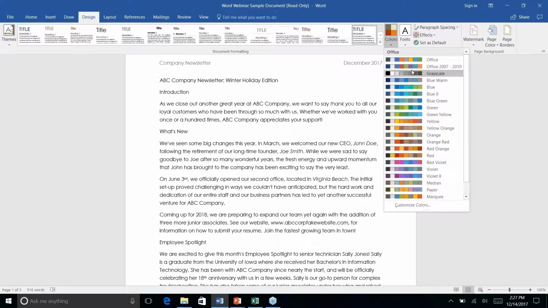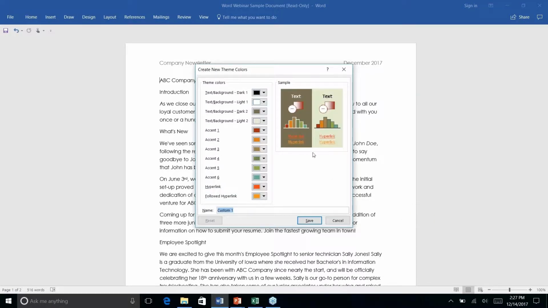You can pick one of the ones that comes already pre-populated by Microsoft, or if you don't see one that you like, you can customize the colors yourself. So in this customization option, it even gives you a nice little preview of what your page is going to look like. It gives you options for a dark theme, options for a light theme, so you can see how it might look,